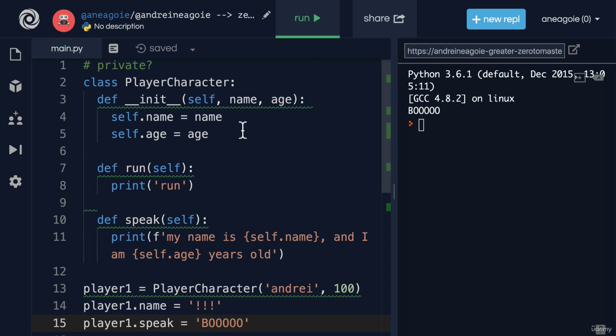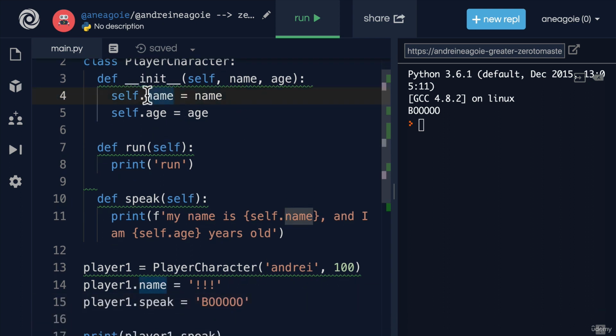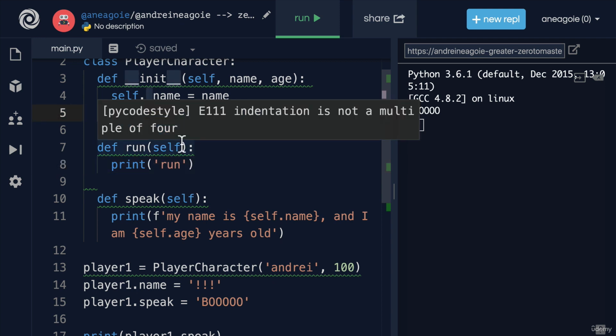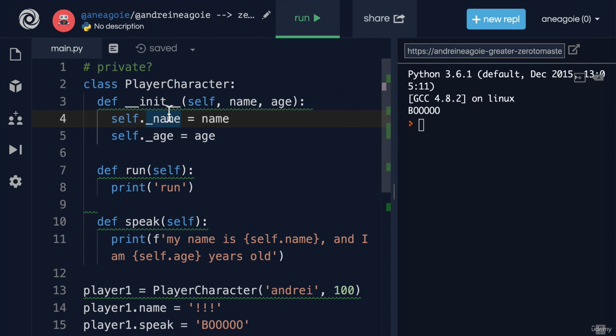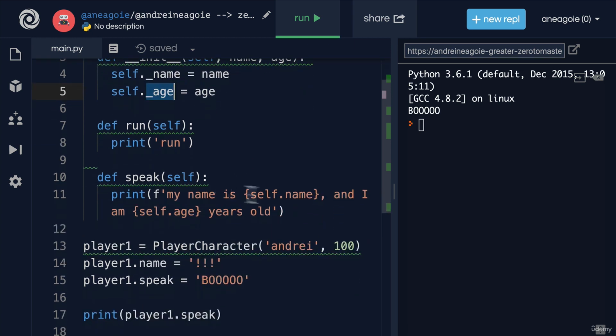Well, what we would do is do underscore name or underscore age. Now, does this give any special power? No, this is just a convention. That is, as Python programmers, we determine that, hey, if we see underscore in our code, that most likely means that this should be a private variable. So that when I use it in speak, let's say underscore name, underscore age,